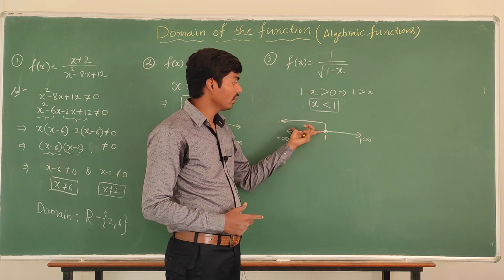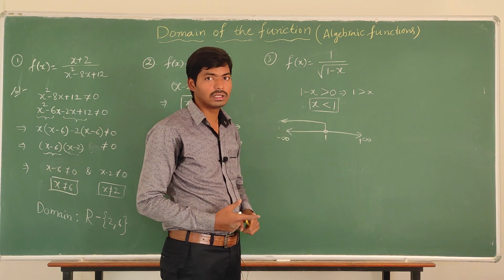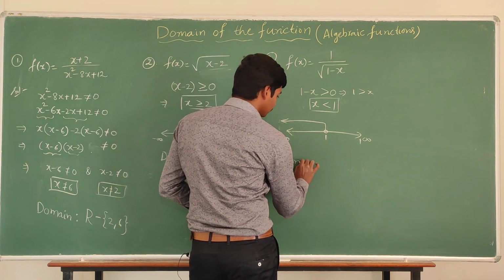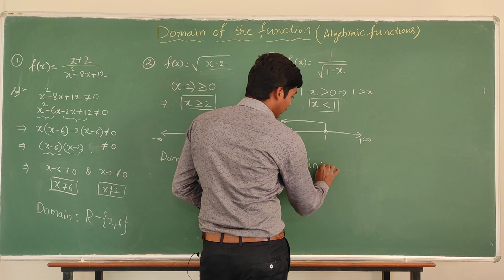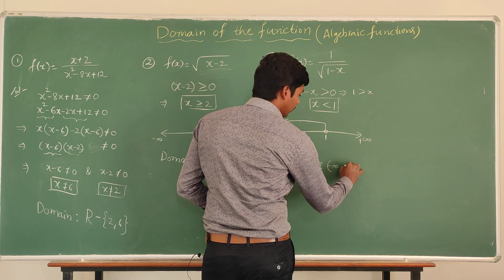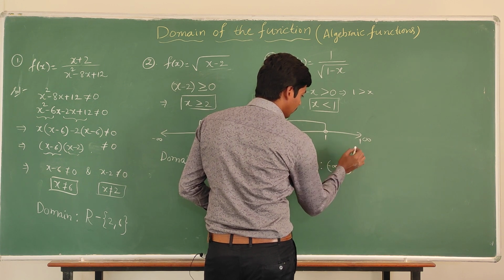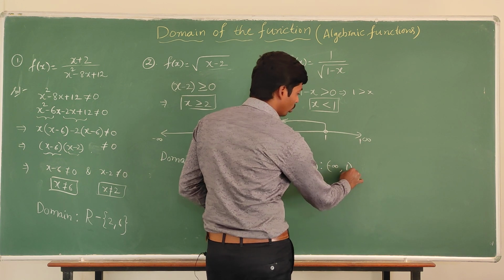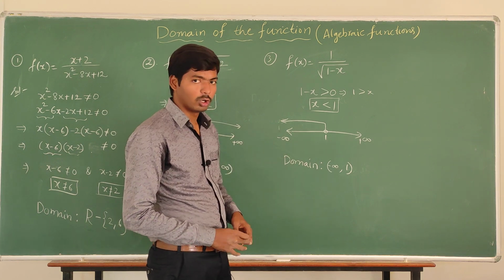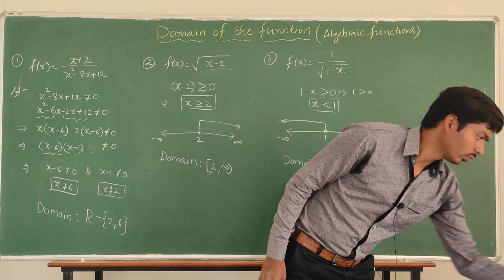So the set of all the values for which my function can be defined is the domain of the function. So here the domain of the function is from negative infinity up to 1. Here I will not include 1, x value less than 1. So this is the domain of the function. So the next one,